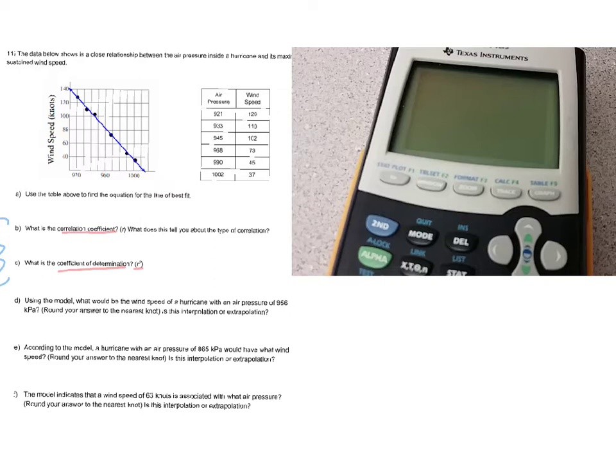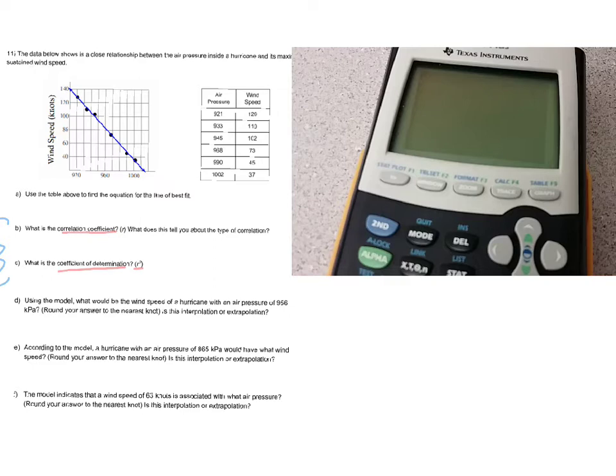I'm going to go to stat and edit. To get rid of my points that are already here, I go up to L1, I hit clear, and then I hit enter, and that gets rid of that whole list. Do the same thing here, go to L2, hit clear, and enter, and that gets rid of that whole list. So I'm going to put my X's on the left side, so 921, 933, 945,